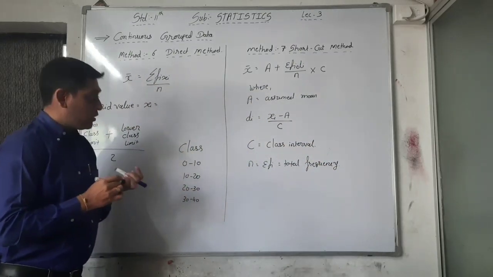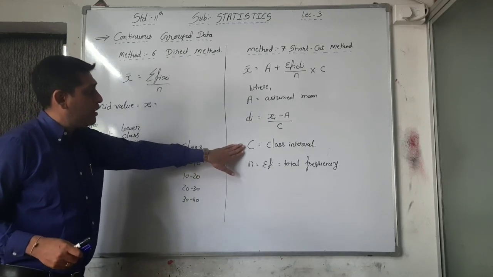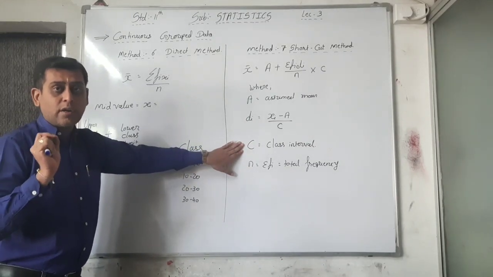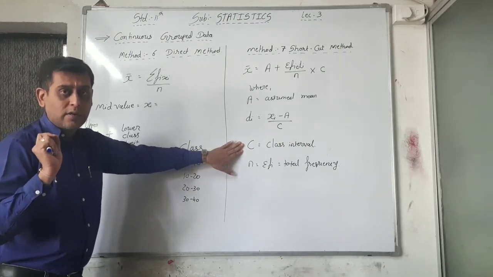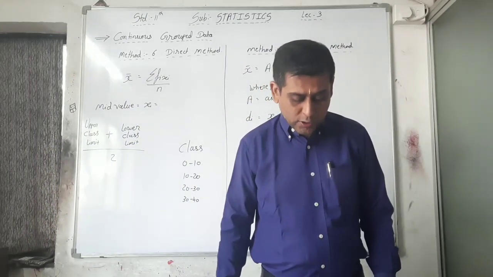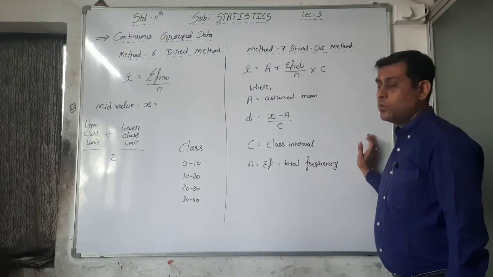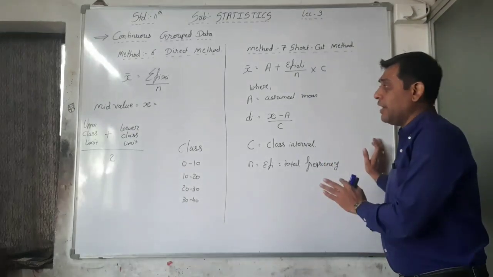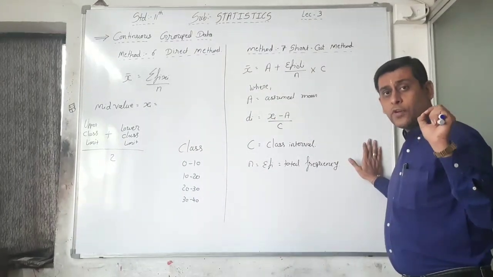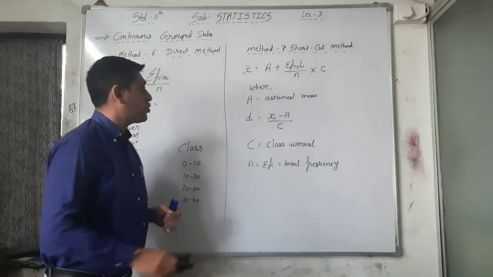Okay, so this is the formula, and you must keep in mind that here the class interval is always given, so you have to take c as the class interval, not as a common factor taken from all the observations as in discrete group data. Okay, so first of all write this down. Now see, if you cannot write it here, then pause the video, write this, and continue with the next, that is our illustration number 7.